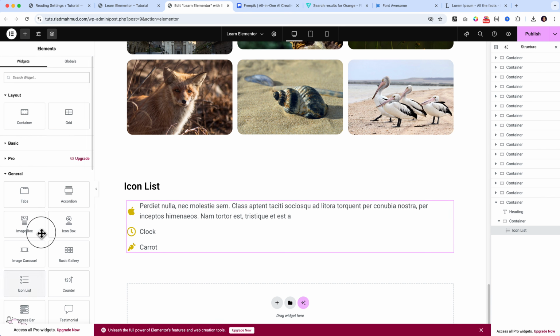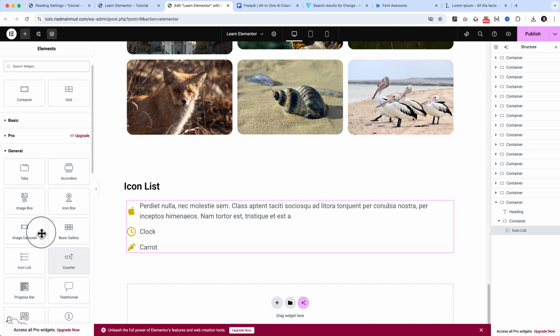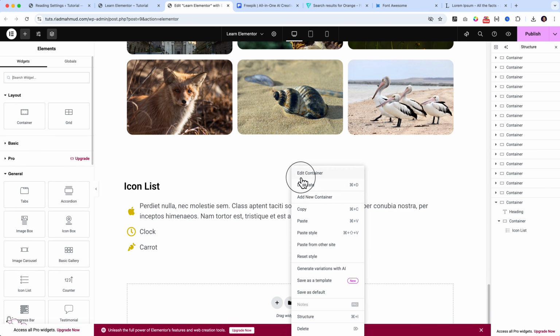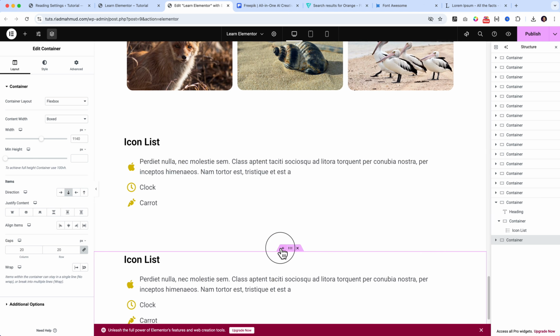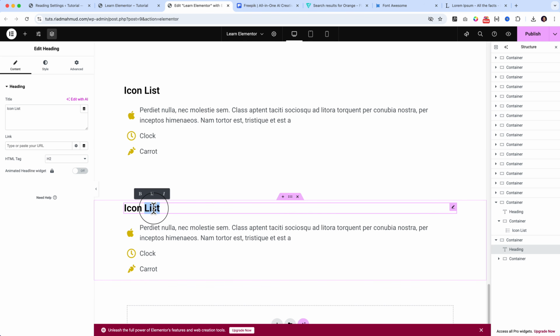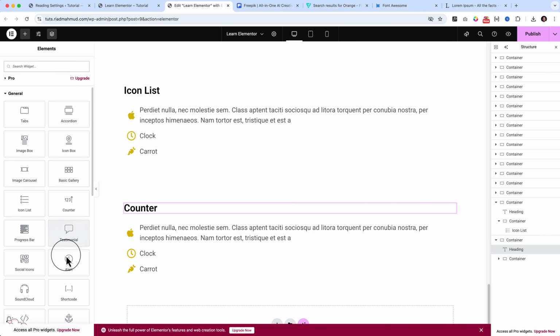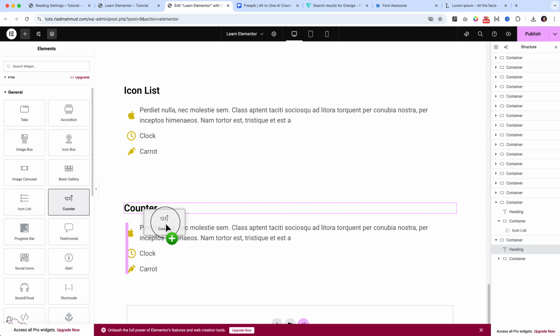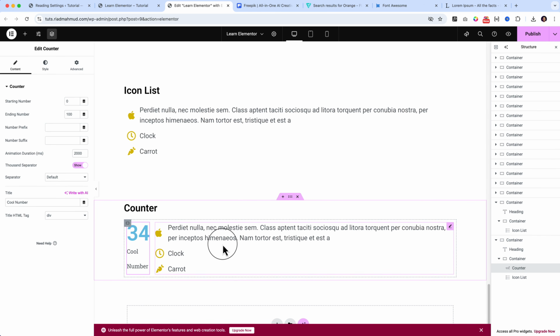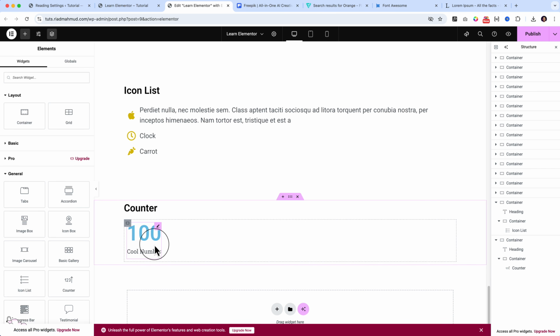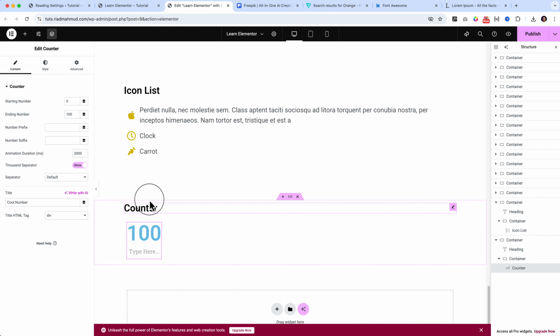Now it's time to understand the counter, and let's duplicate these items and type here counter widget, or we can just call it counter. Click on this plus icon, scroll down, and here you can see the counter widget. You simply drag and drop it here. That's it. And I'm going to remove the previous one. And the counter widget has, let's add our total